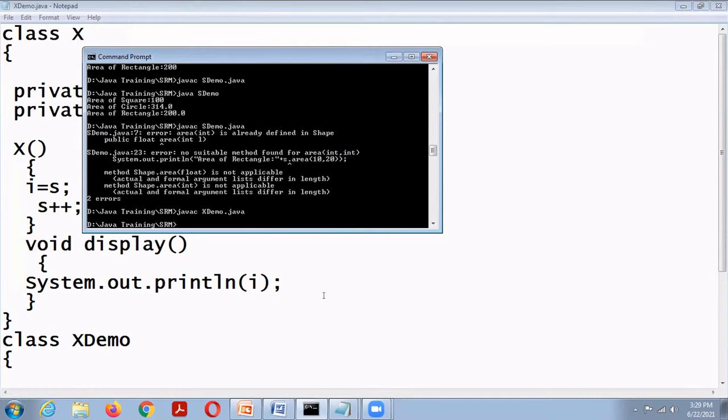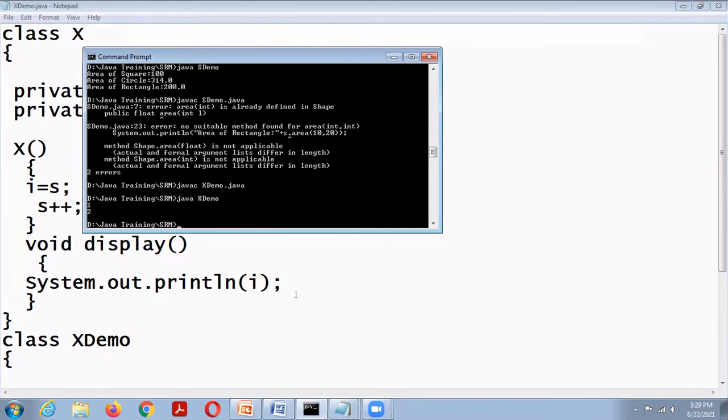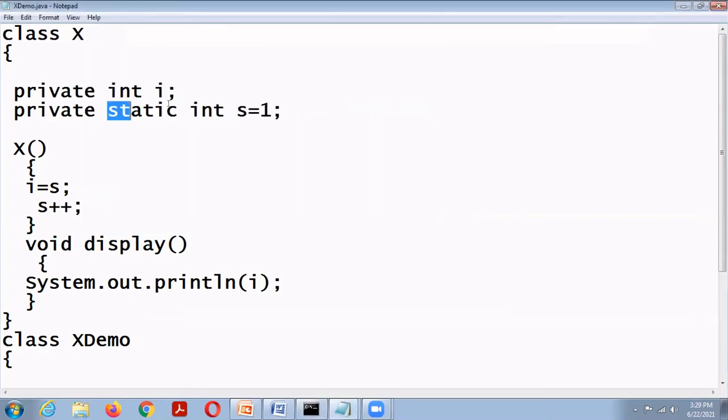Java X then. So now the value of I for the first object is 1, the second object is 2. Okay. So suppose this is not a static member. Suppose this is an instance member.